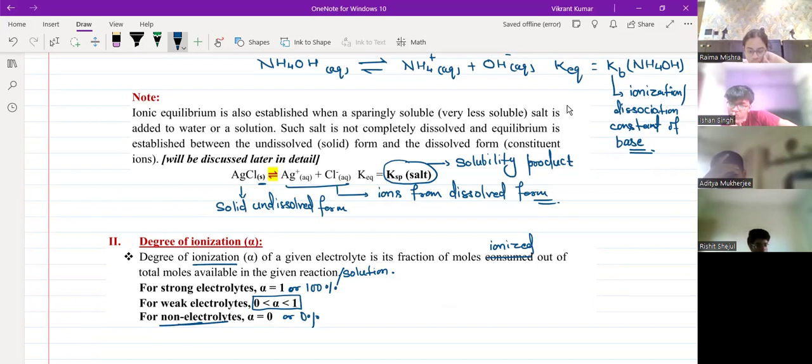If I'm getting a quadratic equation in which alpha will have two values, any value which is more than 1 or less than 0 will be rejected. It will be excluded because alpha can never be greater than 1, it can never be less than 0. So any value in between 0 and 1 can only be acceptable. If I'm getting any value more than 1 or less than 0, I'll reject that. And that becomes an important mathematical constraint.